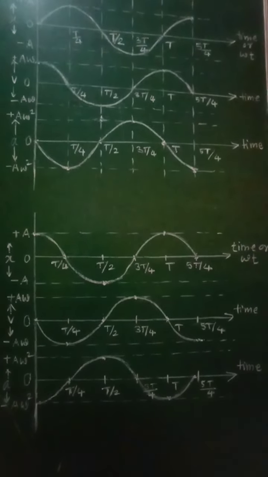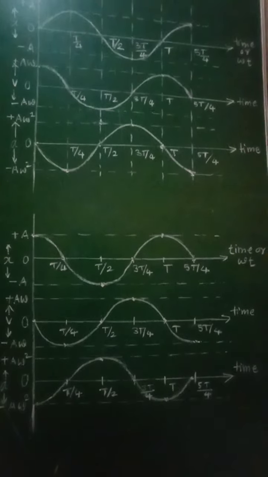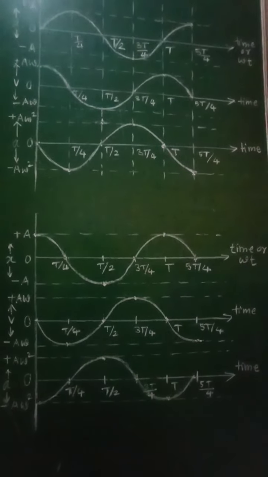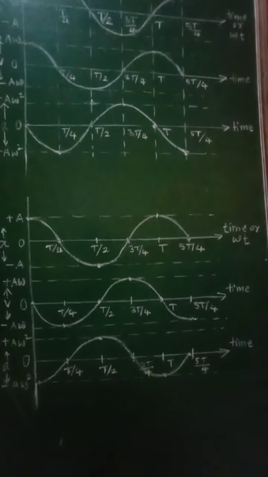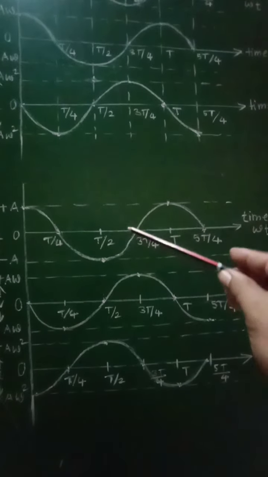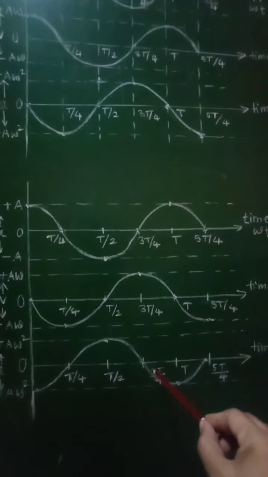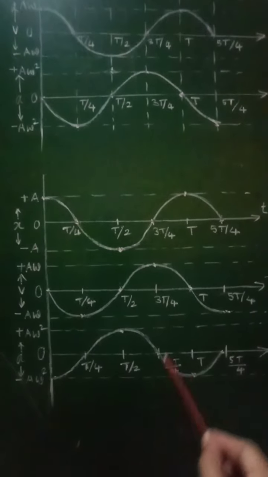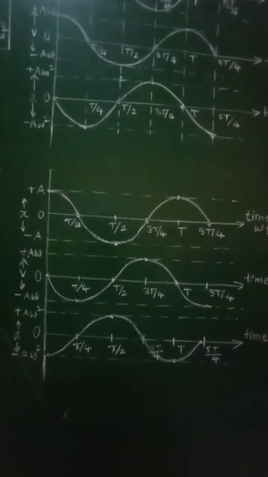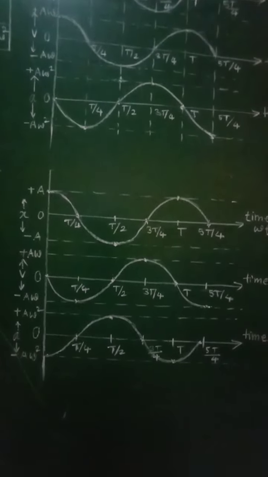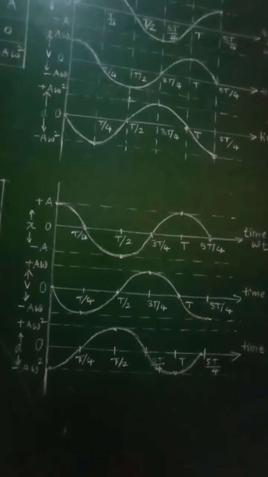Similarly, between velocity and acceleration graphs there is a phase difference of pi/2, and therefore as a fifth point we can say that there is a phase difference of pi radian between the displacement time graph and the acceleration time graph for both these cases. So there is a phase difference of pi radian between the displacement time graph and the acceleration time graph.